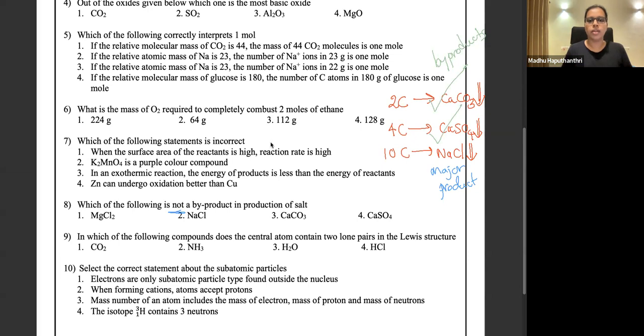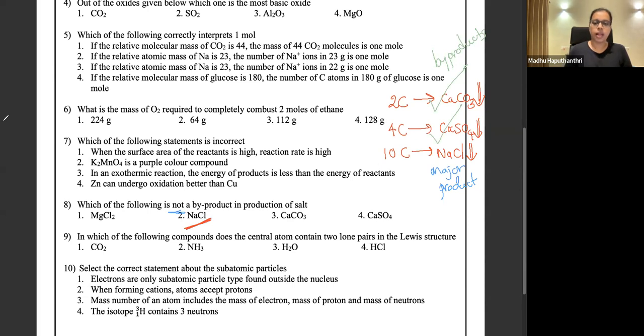Then magnesium chloride, the first answer is magnesium chloride. Magnesium salts are there in salt. Because of magnesium salts, we get a small bitter taste in salt. If you have ever tasted normal salt, it has a small bitter taste. That is because of the magnesium salts. So that is also a byproduct actually. We are not separating it in large quantities, but as an impurity it is there inside sodium chloride. Sodium chloride is our major product. It's not the byproduct at all. So the answer is sodium chloride.